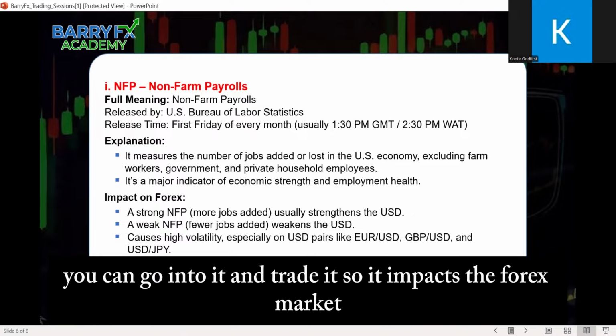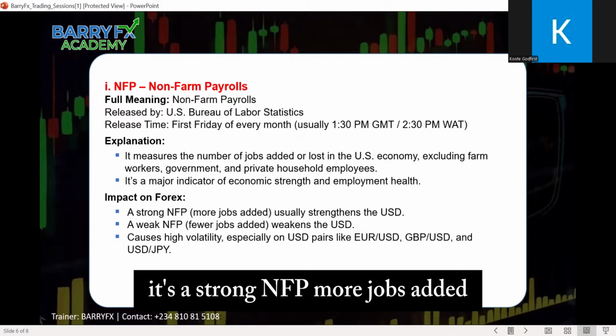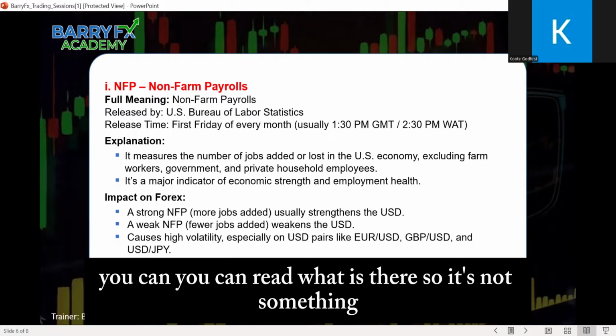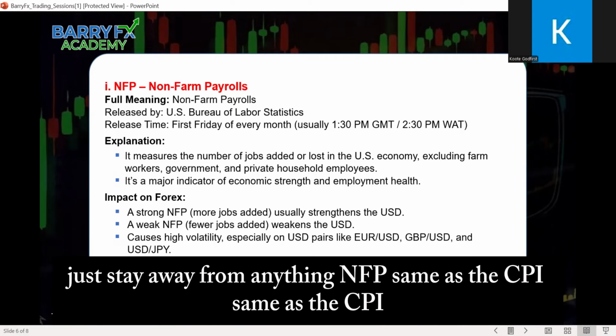So it impacts the forex market. You say a strong NFP, more jobs added. You can read what is there. It's for people that trade news. So if you don't trade news, just stay away from anything NFP. Same as the